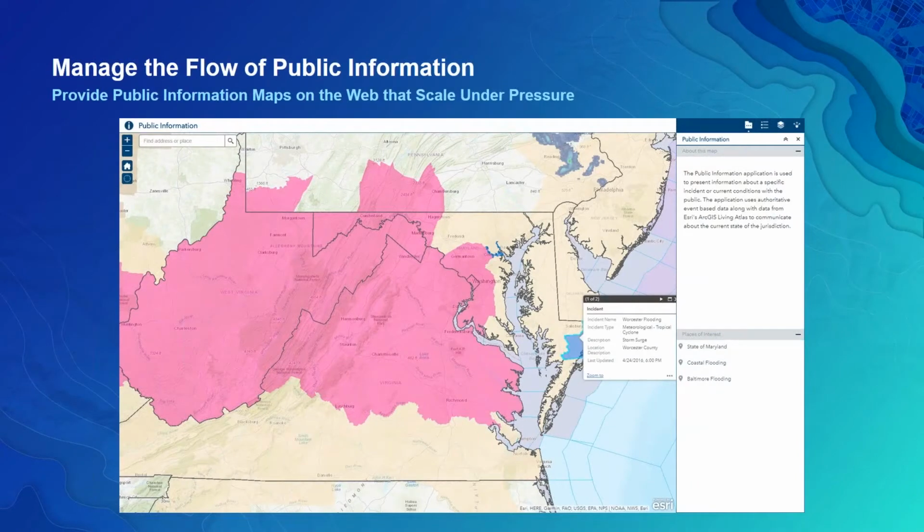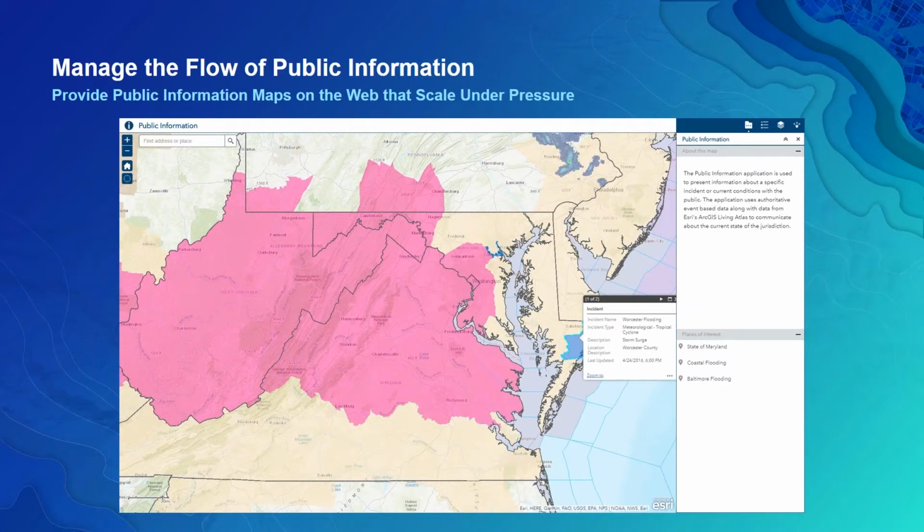Public information is one of those key challenges, and for a number of reasons. One is, how do we then make sure that this information is conveyed in bite-sized chunks? So if you think about the media cadence, people need that 30-second takeaway. So how do you quickly do that? And maps provide all the context in the world for a lot of the information we have coming out of our organizations. So there's a place to start with a template, a solution around conveying that information in the public